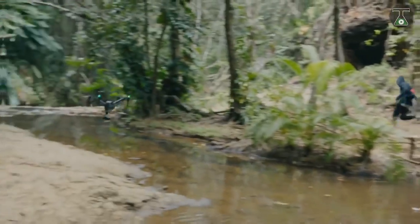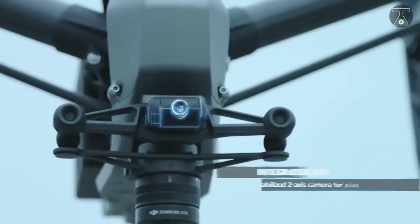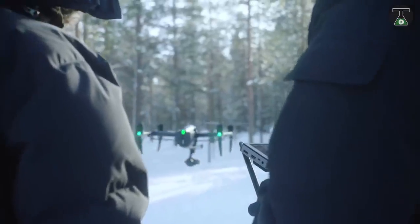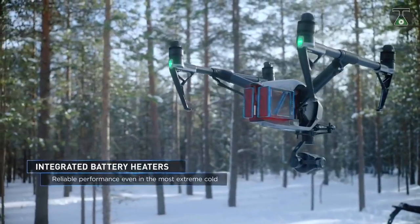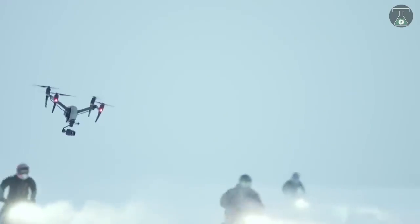1080p Full HD resolution video footage. In order to meet the highest professional filmmaking standards, this drone uses an S35 image sensor and offers a 6K Cinema DNG RAW and a wide dynamic range of up to 14 stops. It has the world's first integrated aerial lens mount that allows the drone to switch between 4 available prime lenses